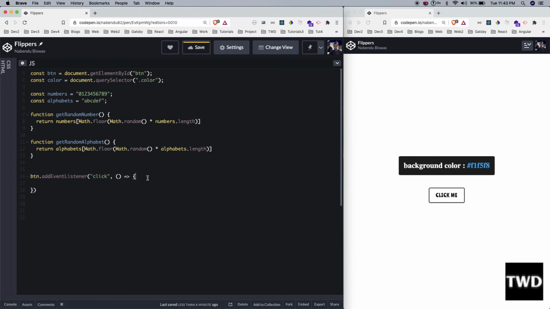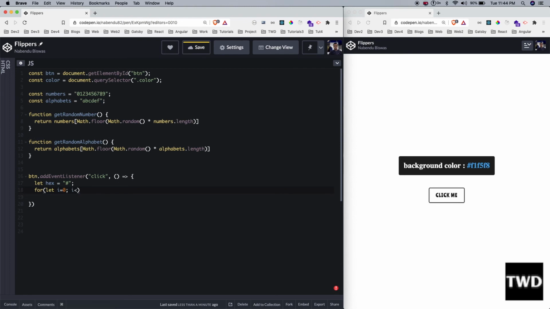So what I am going to do after that, I am going to create a variable hex. As I have told earlier, all hexadecimal codes start with this hash, so I am doing that. Then I have told earlier also that all hexadecimal codes have 6 items in them. As you can see from here also, 1, 2, 3, 4, 5, 6. So to get 6 items, I have to run a for loop 6 times. So for let i equal to 0, i is less than 6, i plus plus,